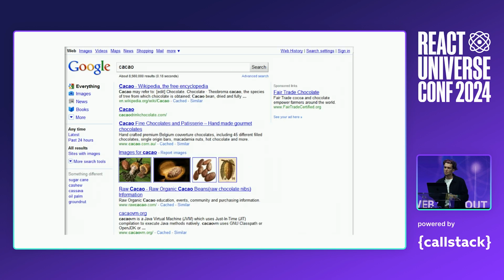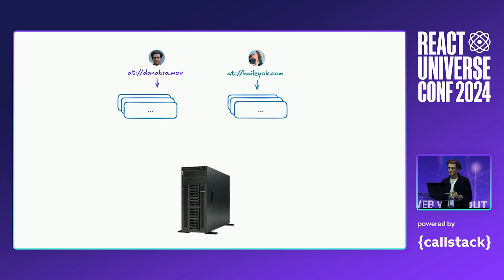And so we can look for inspiration again at the web. Have you ever used Google search? How does Google show information from different websites on a single page? Well, it just aggregates them. It crawls them, indexes them, and then that index is what's being consulted when you query something with Google. So we could do something similar. We could just have the records, and something was added, something was deleted, something was changed, aggregate that into our backend. Of course, if we have 6 million users, then there's going to be 6 million repositories.